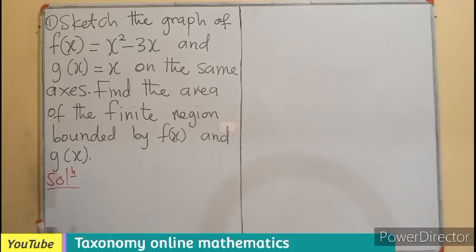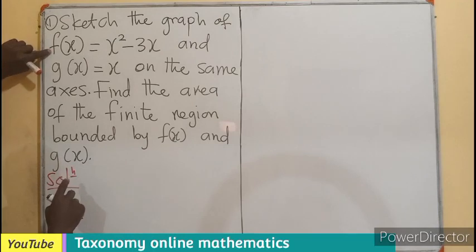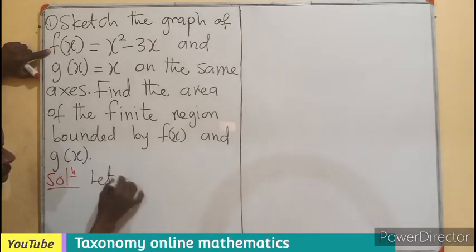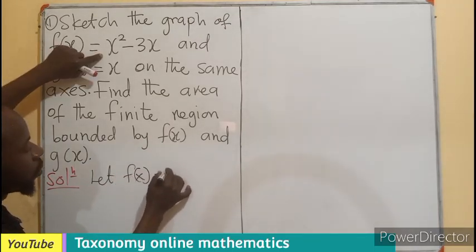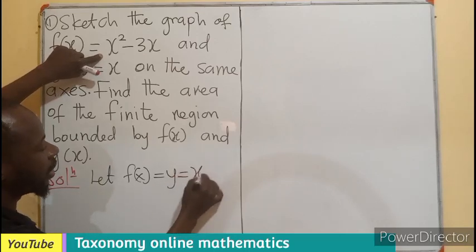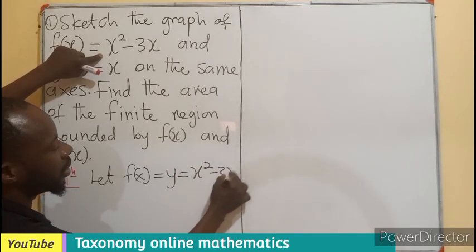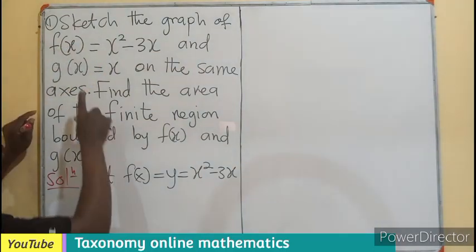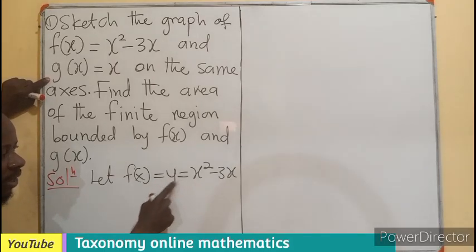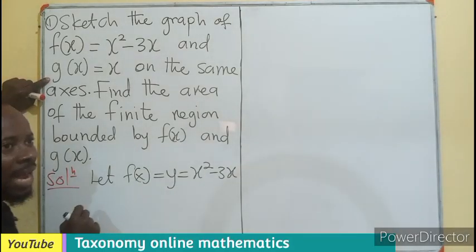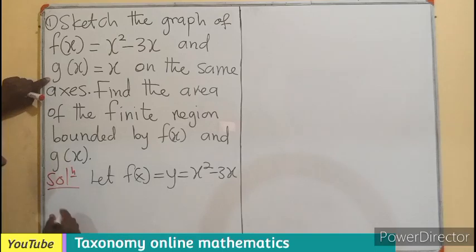Since we are going to make use of the y-axis and x-axis, we need to change the function f of x to become y. So we let f of x equal y, which will be the same as x squared minus 3x. The same will happen for this one, but let's consider this first. So in this aspect, we are saying y equals x squared minus 3x. First of all, let's find the intercept